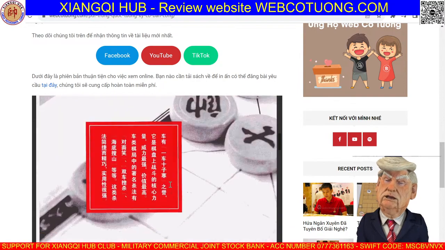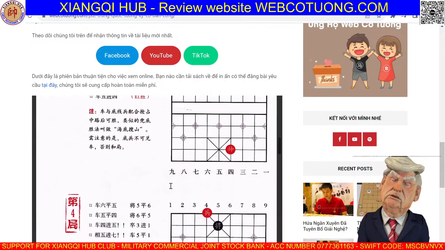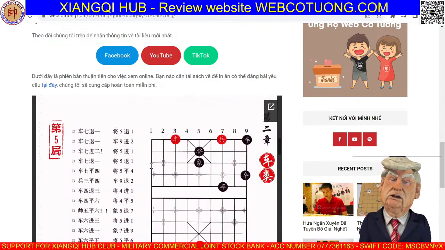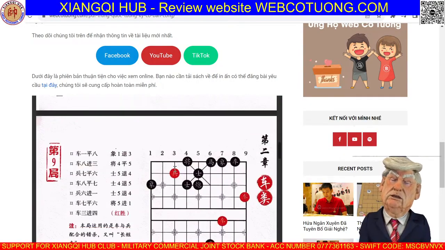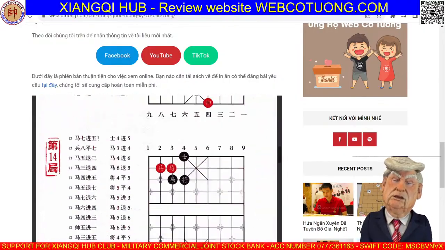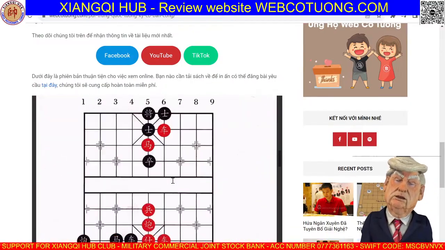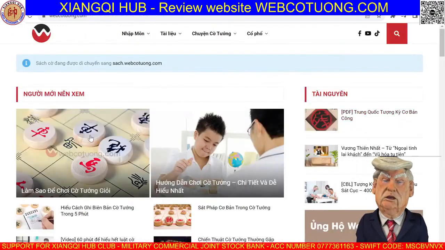Okay, let's. Yeah, this is a good book, isn't it? It's a good book. Anyway, from now, if we use this book and try to translate it into Vietnamese, it will take a lot of time. Why? Currently, we have many apps, websites and software that you can play. So maybe it's just very basic. Okay, we go back.